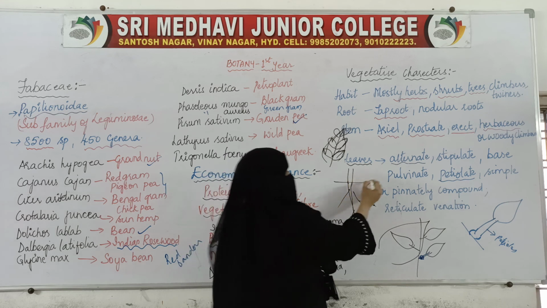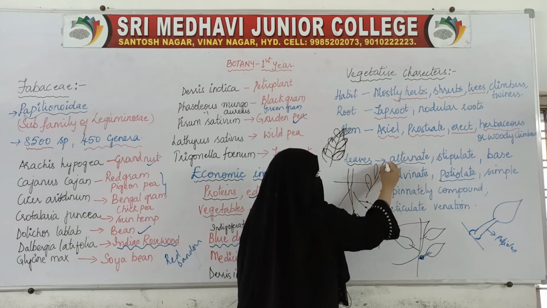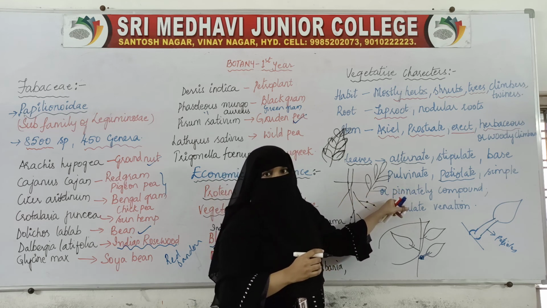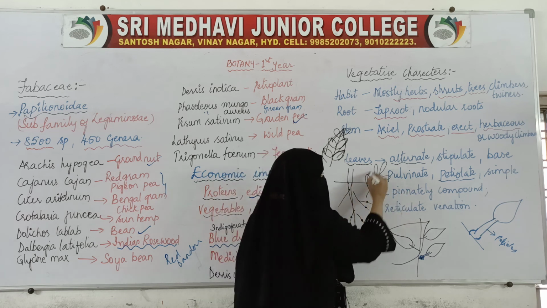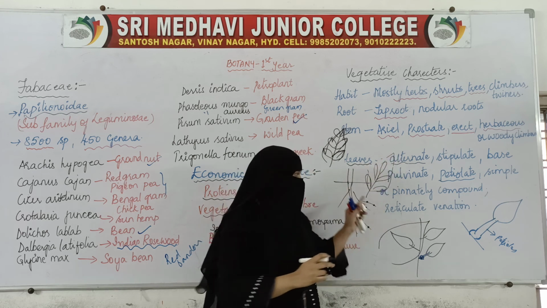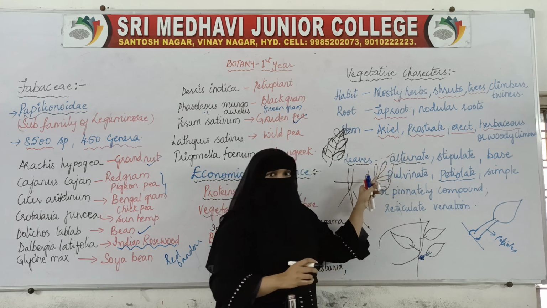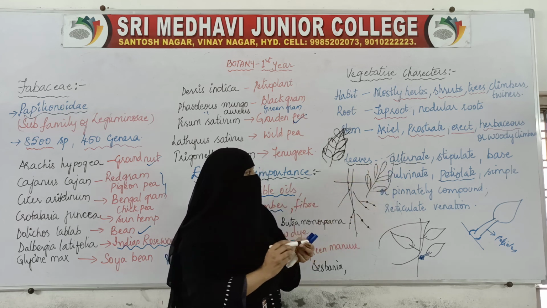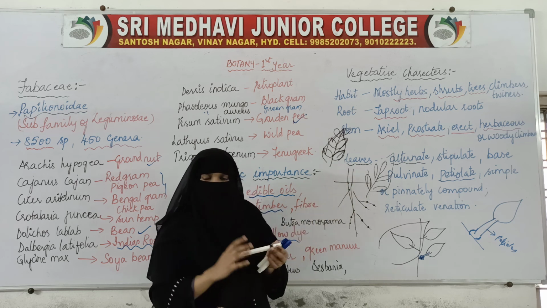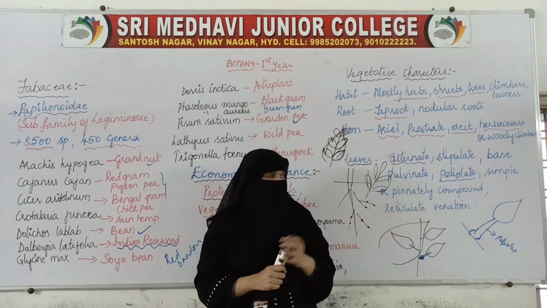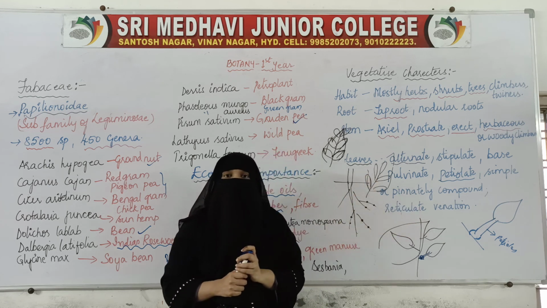So if the leaf is like this, then this is called a pinnately compound leaf. Compound means it is not just simple, the simple leaf has been cut into small pieces. There is a single main rachis, and on this rachis small leaflets will be present. So this is a pinnate leaf. A simple leaf has no incisions. So it is a pinnately compound leaf, and the venation is reticulate venation.